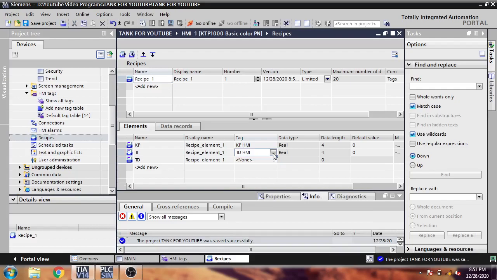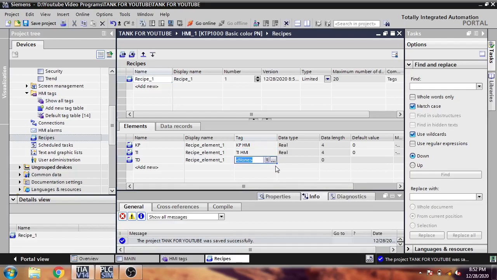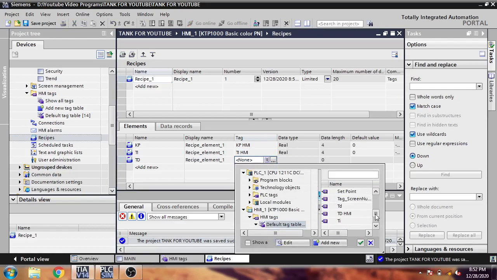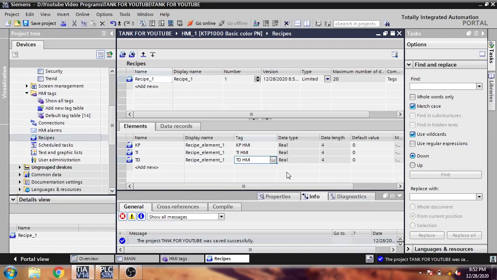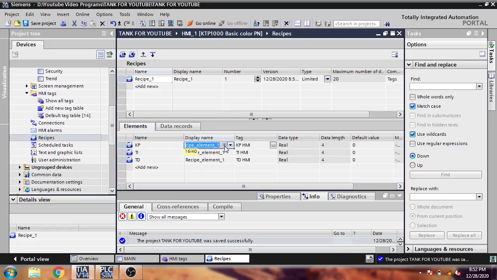Not that one, that one is TIHMI, and that is TDHMI. I think that's what we are going to link. Also I will save into a data record. I am going to name it KP, TI and TD. I think everything is done.